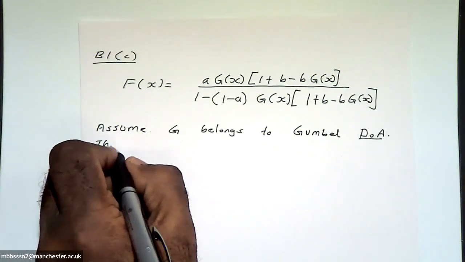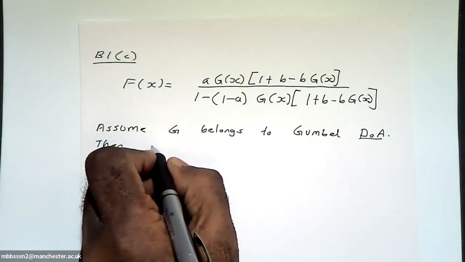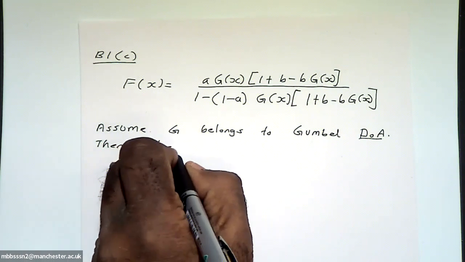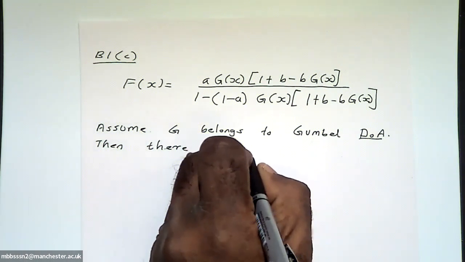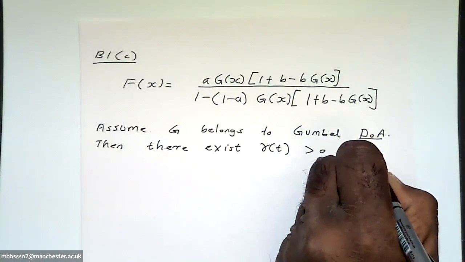Then there exists gamma t greater than 0 such that